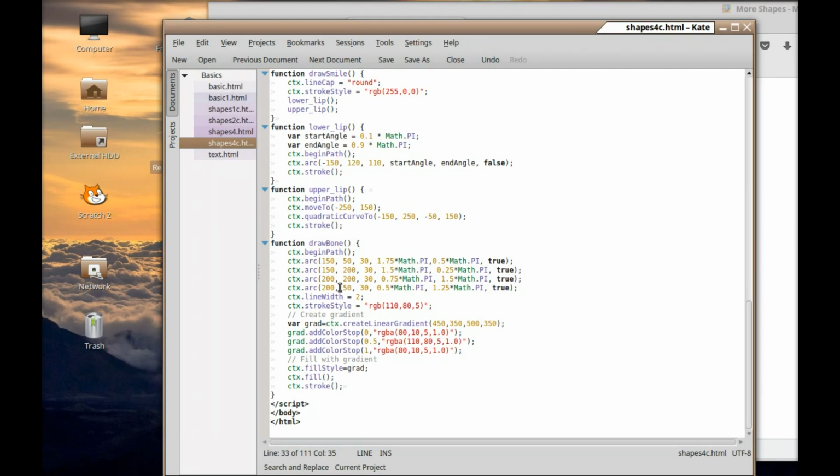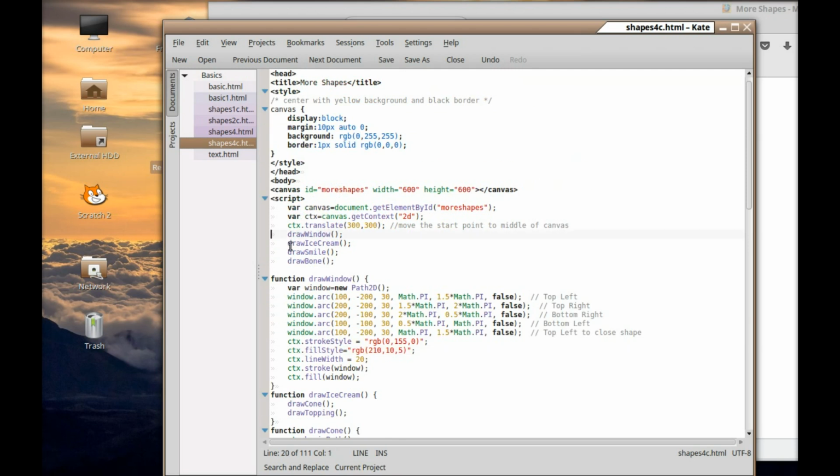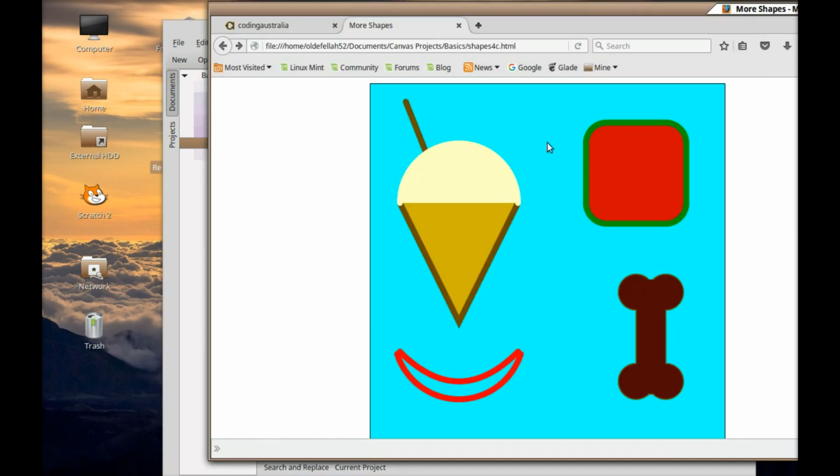Now, this one you can probably work your way through. You can comment bits out. That's the best way to see what's going on here, is just comment pieces out. So comment everything out up here and just focus on the bone. Once all the script is in, or as you put it in, probably better still, as you put it in. So if you create the bone, right, just the bone,